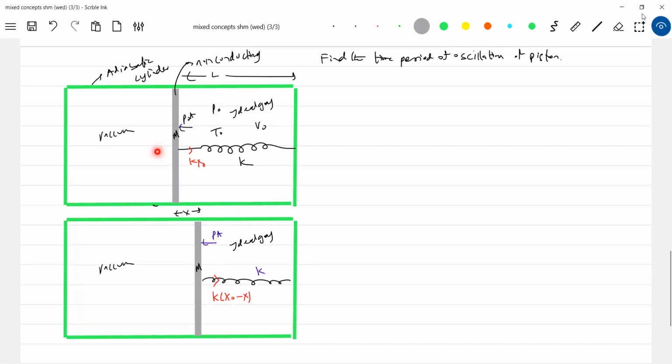Earlier, it was having some elongation. So maybe there's a natural length of spring somewhere here. This is x naught. Now, this is x naught minus x. So still it is elongated. How much elongation? x naught minus x, that one. Okay, now the net force will be towards right.